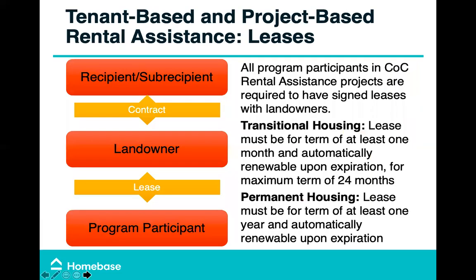On the next slide, we will consider rental assistance projects. So as compared to leasing projects, in rental assistance projects, participants lease directly with landlords. Similar to leasing projects, these leases may vary in length and standards depending on whether the housing is transitional or permanent. Transitional housing leases, again, need to be for at least 1 month and automatically renew for up to 24 months. And permanent housing leases need to be for at least 1 year and automatically renew. And again, check with your agency lead on whether your agency is using a COVID-19 waiver on the 1-year lease